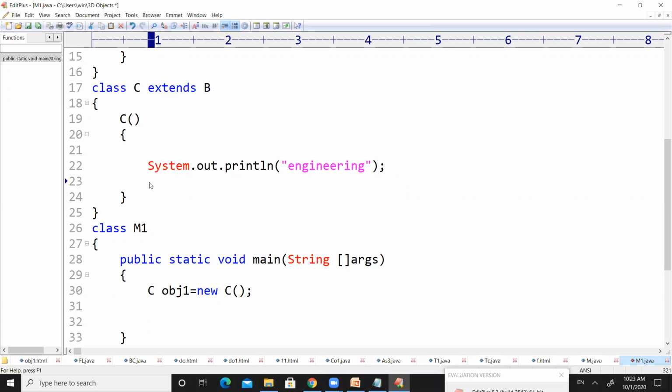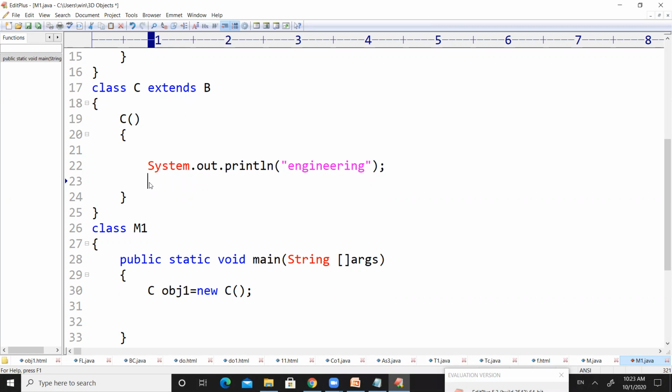And one more important point, please make a note. If you write a super keyword inside the constructor, it is okay. But if you don't mention a super keyword inside the constructor, the Java compiler will add the super keyword to each and every constructor. Whether you write it or not, the Java compiler will add it automatically, right?